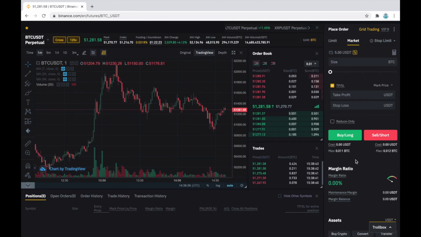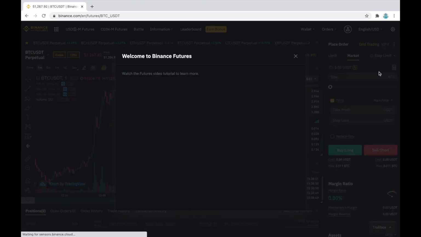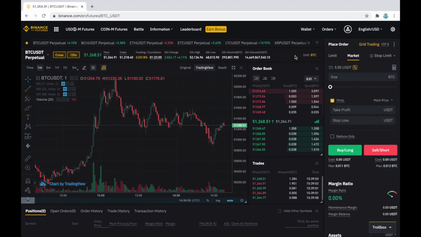If you are indeed opening a new account and this is your first time, there's a small tutorial created by Binance, hidden under this menu. In fact, I believe Binance requires you to watch a tutorial video and answer a pop-up quiz before you can start using Binance Futures. Don't worry if you understand just half of it, and answer some of the quiz questions incorrectly. Binance will show you the right answers and will allow you to proceed.